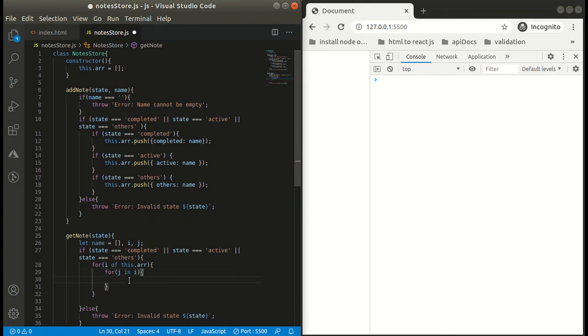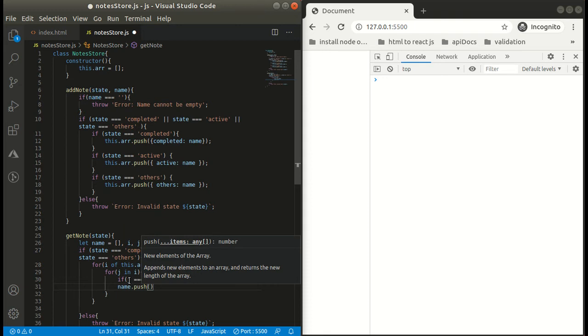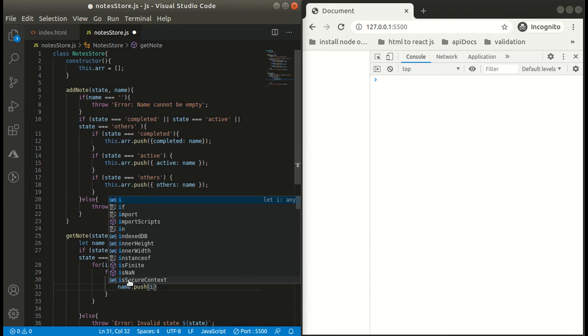Then we will push that value that corresponds to that key, at that index, into our name array. We will simply push that value to our name array, and we will simply return our name array.